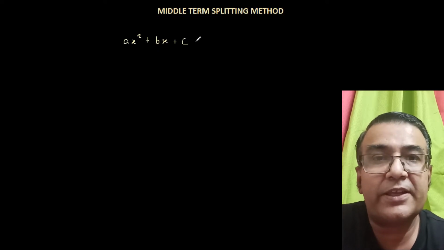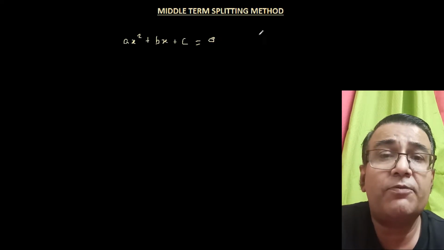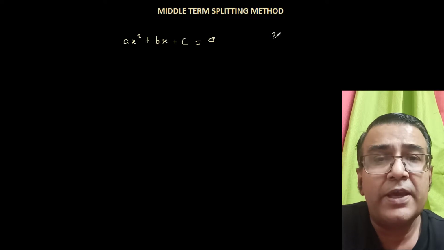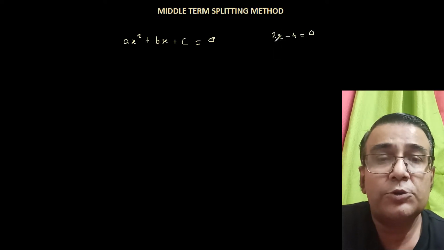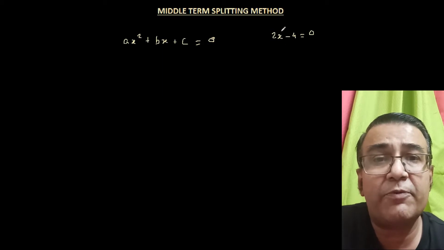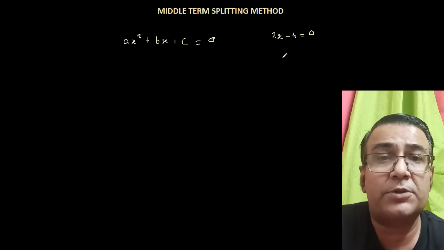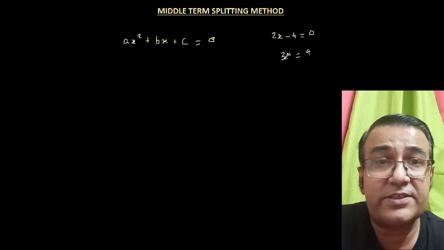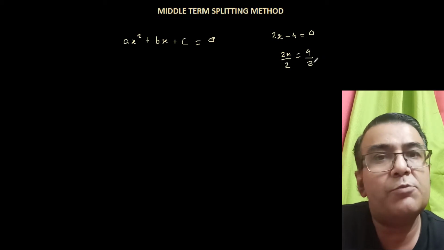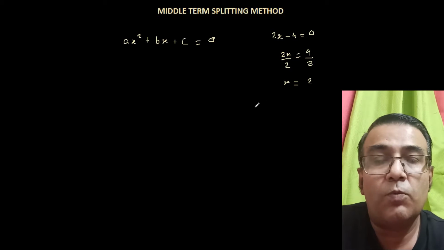So the first thing that we have to do is to equate the equation to 0. Now first of all, how do we find the value of a variable in a linear equation? Let's take the example of 2x minus 4 is equal to 0. All we have to do is keep the variables on one side of the equation and take everything else to the other side. So we take 4 to the other side, the equation becomes 2x is equal to 4, and dividing both sides by 2 we get x is equal to 2.